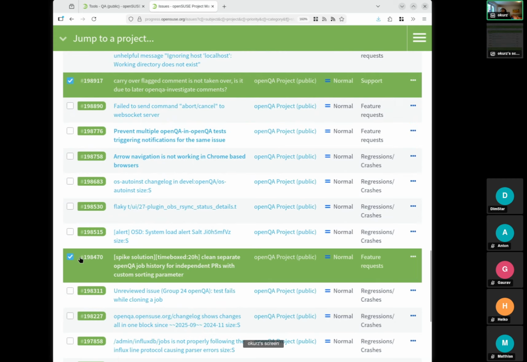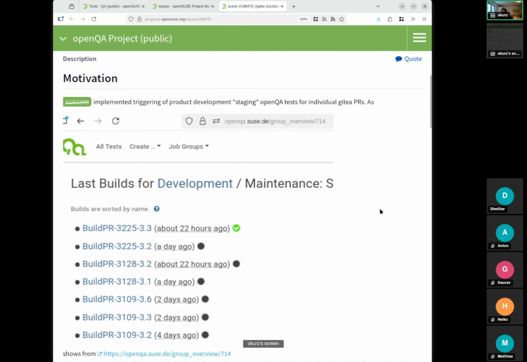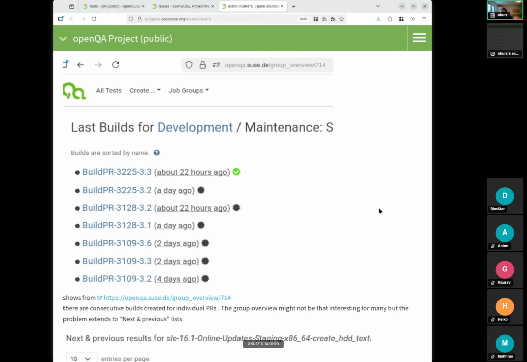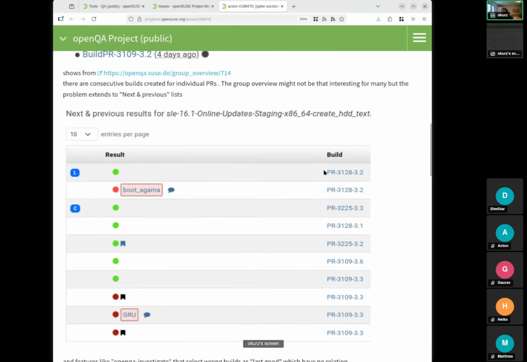We have clean, separate openQA job history for independent PRs with custom sorting parameters. So there is a problem that has existed for years in the design: if you take a look at a page like this, and similar here on the job next and previous page, what we do here is we test pull requests on Gitea, which each relate to one submission for maintenance. And those submissions actually don't have